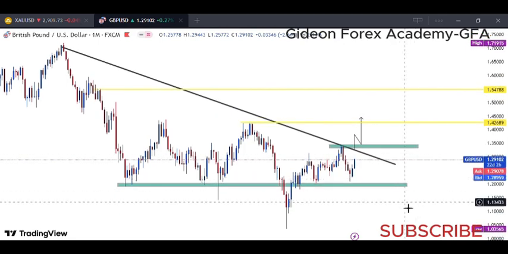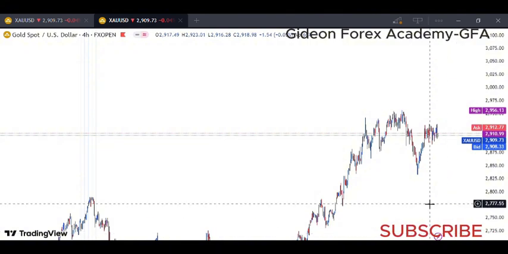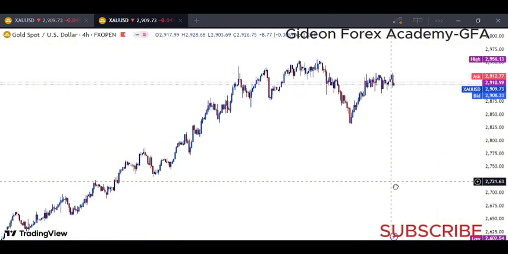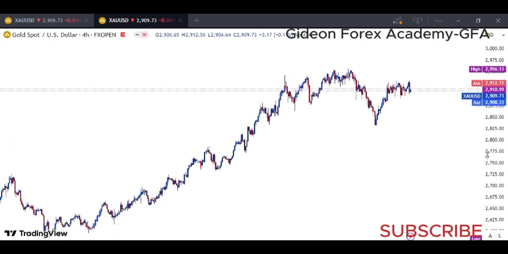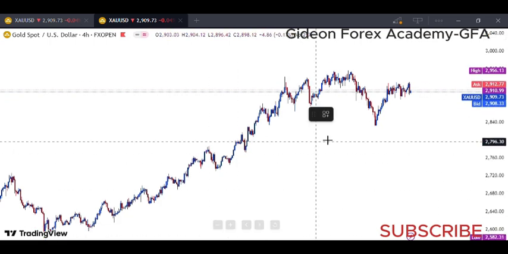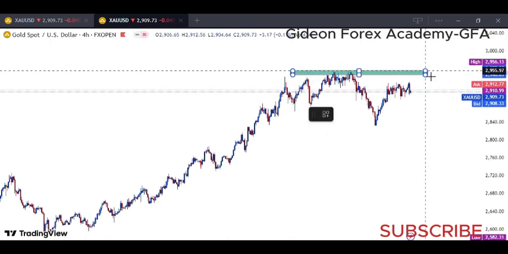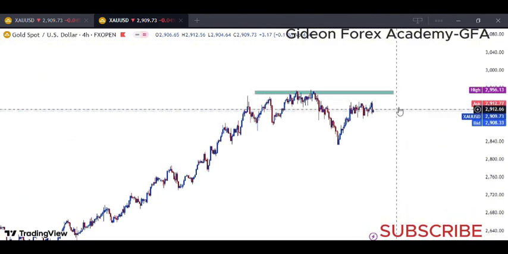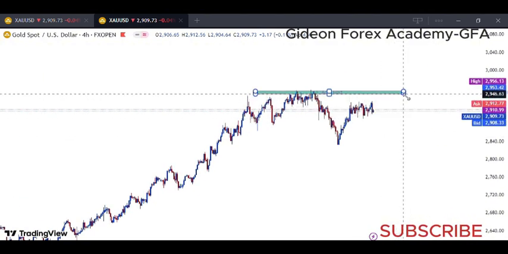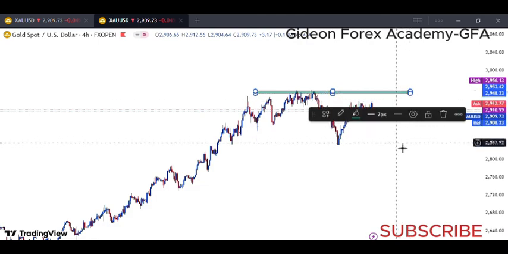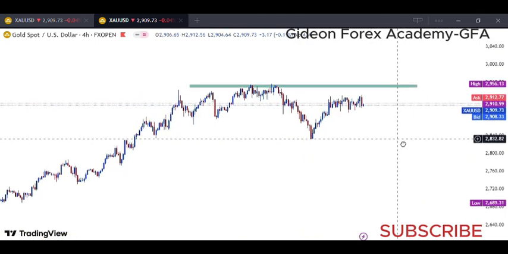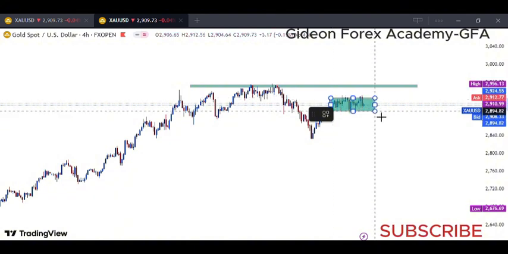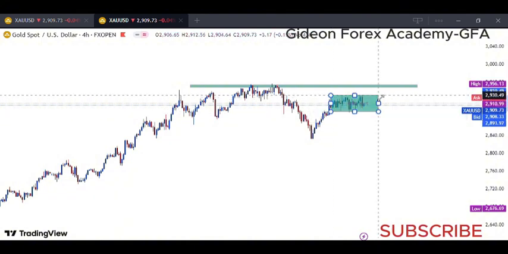That also affects gold. With gold, you can see here on a 4-hour time frame, really, gold last week couldn't break and create new highs. The highest it has ever been is 2,956. It did not really cross above there, and we are seeing that consolidation happening right here. So we are really looking at gold.